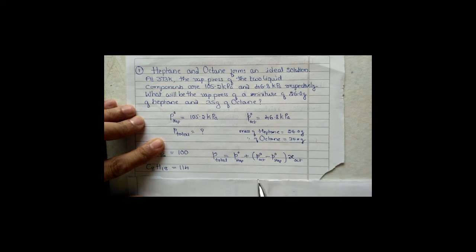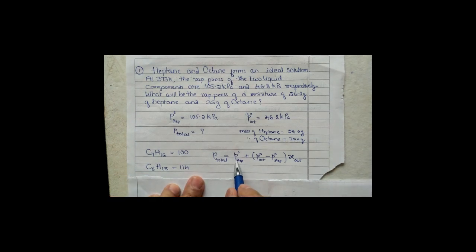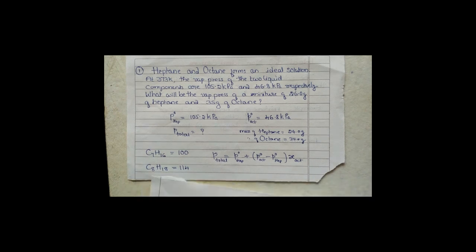This is the formula. Heptane and octane vapor pressures are given, so we know this. Now what we need is the mole fraction. How to get the mole fraction? Mole fraction equals